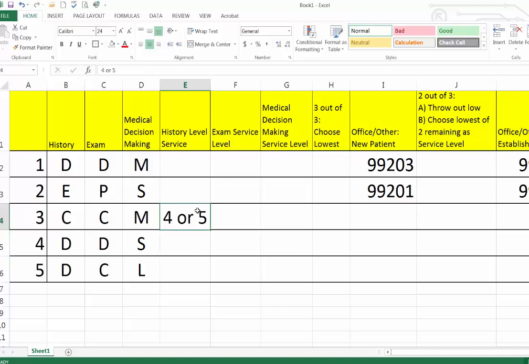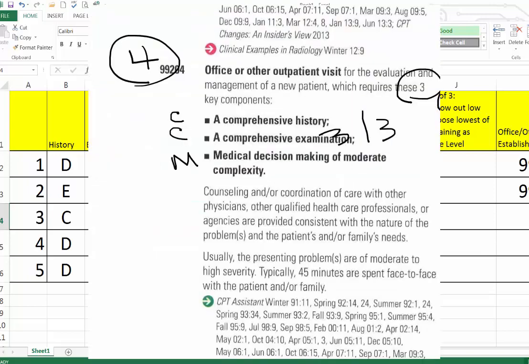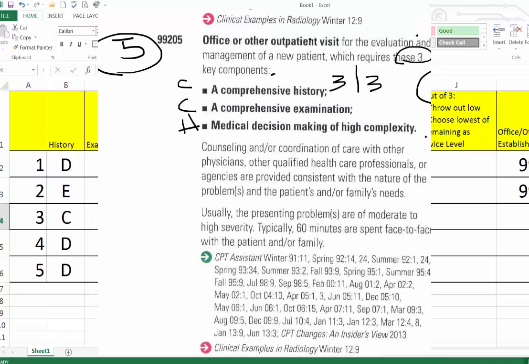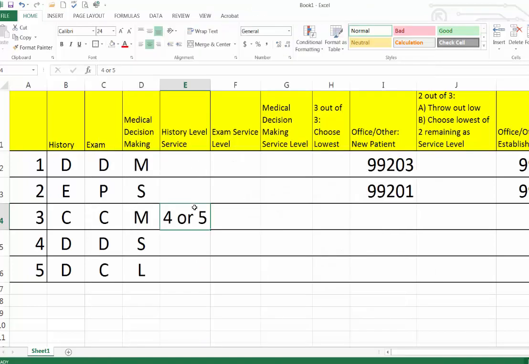So a comprehensive history, I've got duplication. I've got a comprehensive history in a level 4, comprehensive history in a level 5. So I've got a 4 or a 5, and I'm going to choose the higher one. So I'm going to write a 5 for my comprehensive history. I've got the same thing happening with the exam. Comprehensive is duplicated among service level 4 and service level 5. So I'm going to pick the higher to give my physician more credit, and so that's going to be a